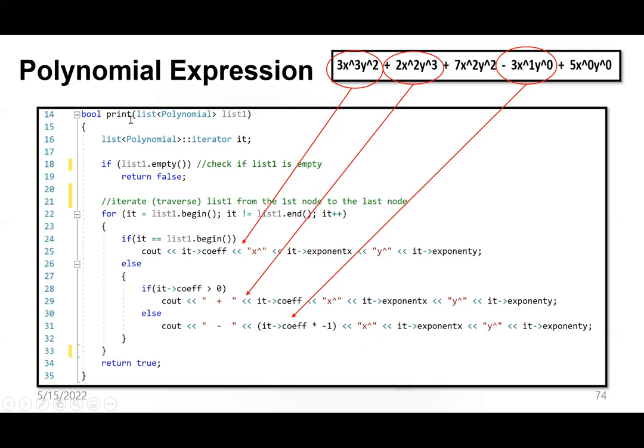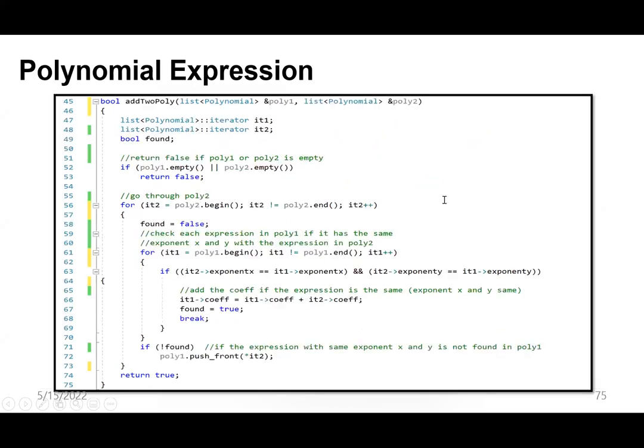And the function add2poly is to help me add 2 polynomials together and store the result in the first poly, the poly one. To do this, I need 2 iterators. This iterator one, IT1, is to iterate poly one. Iterator 2, I make it to iterate poly 2. Okay, so how do I actually